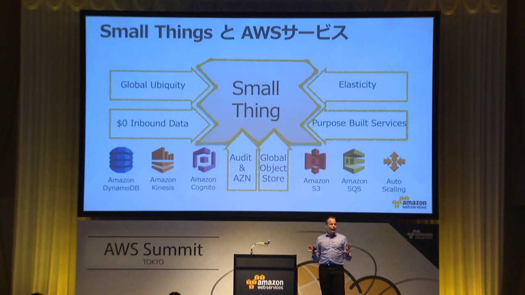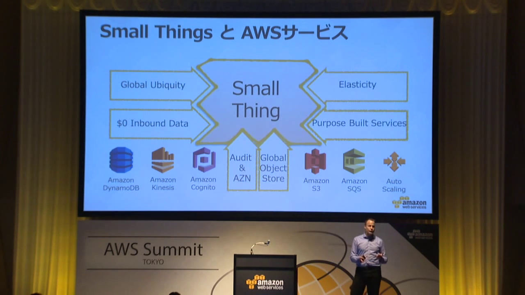But looking from the perspective of web services, we have a huge amount of really well-tuned services in the Amazon Web Services portfolio, from DynamoDB and Kinesis to do that high-velocity data capturing, Cognito to do the proper authentication, all the way to the other side, Simple Queue Service, Simple Storage Service, and all the ability to auto-scale and do the elastic breathing in and out, depending on how many sensors per time unit are coming